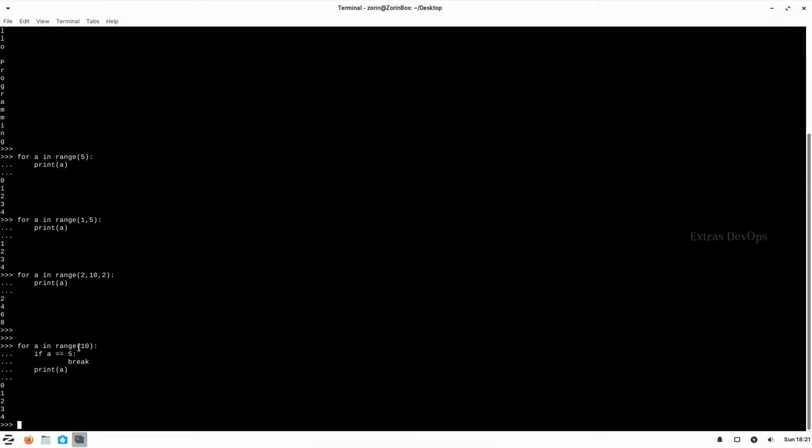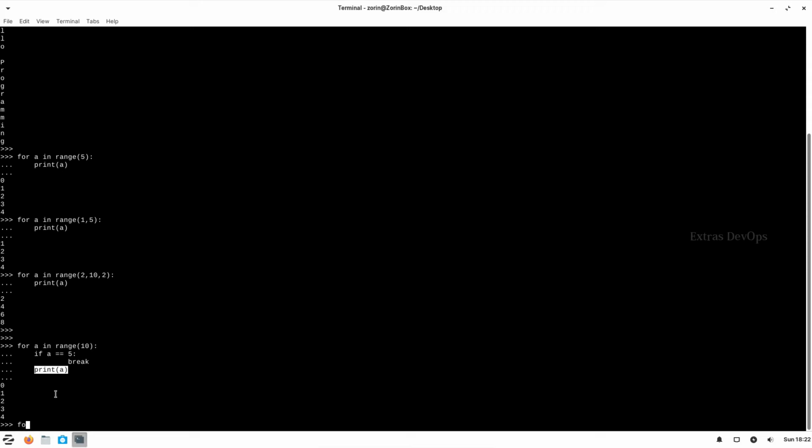As we can see here, we have given a range of 10, but it ended at 5 because we have given a condition, an if condition here, to check whether the value is equal to 5, and if it is true, it will break here. And as we can see here, it did not print 5 because we are trying to print the value of A after the break statement.